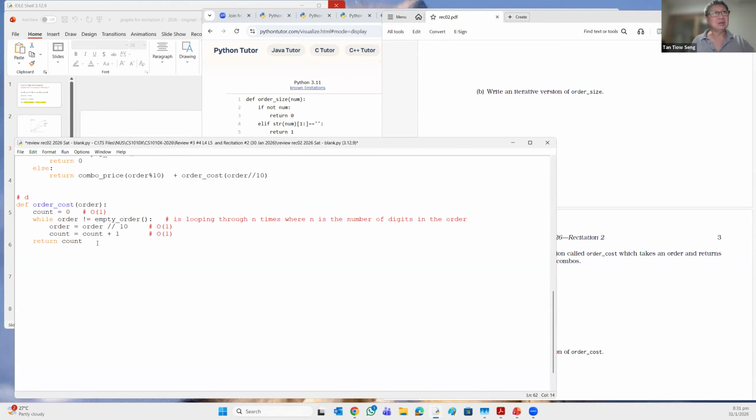And then instead of count, it becomes the cost. The count is the cost. And the one is simply the combo price, the order